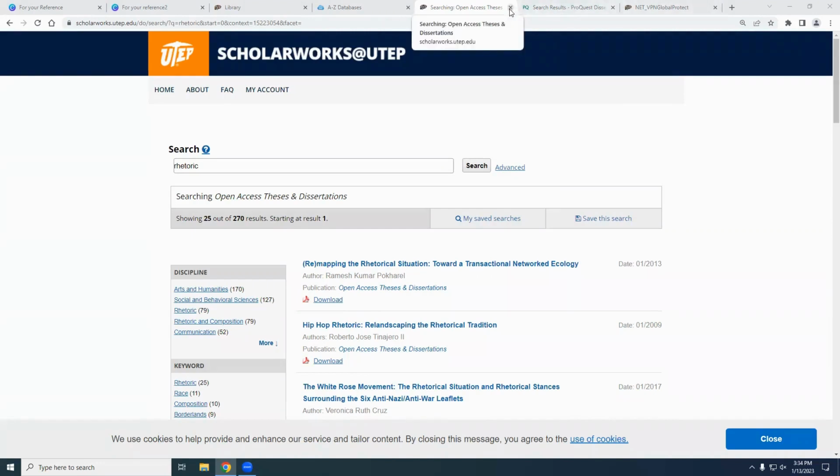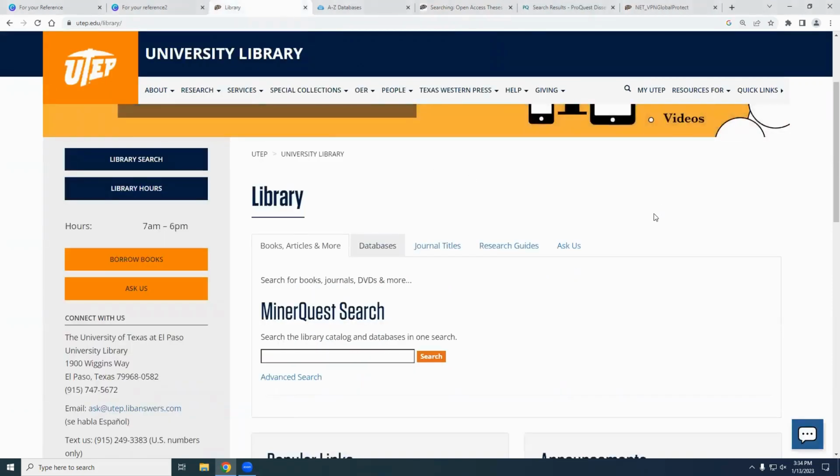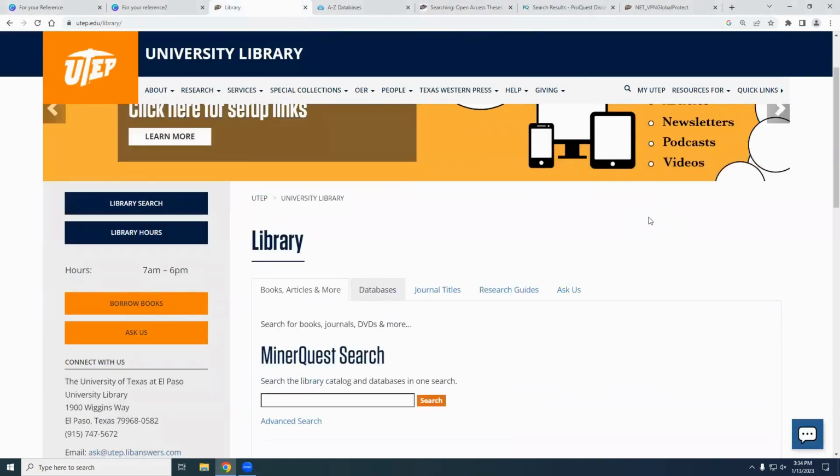So again, in the interest of time, if you do have any questions, you are more than welcome to ask us either as we're transitioning back and forth or as they come up, right? Something that I think is really important is understanding that we have access to over 500 databases, right? That's a lot. But we do have some that are very specific based on your discipline, based on your degree.